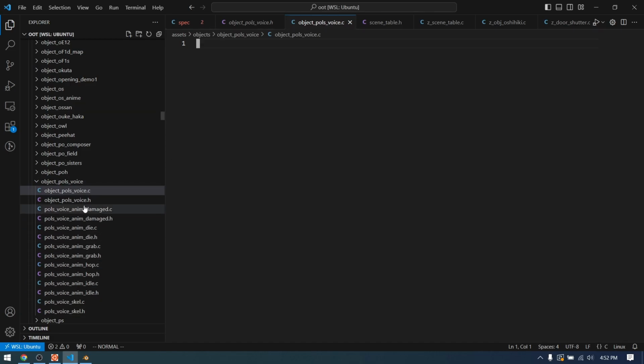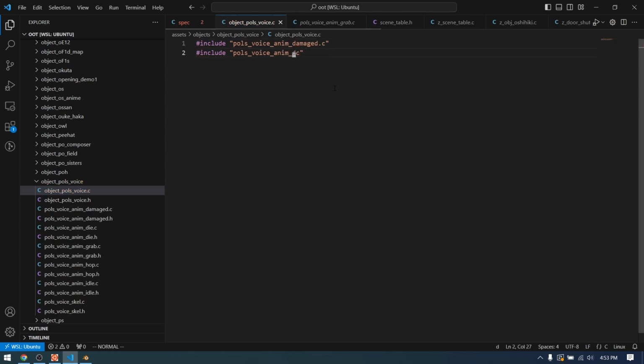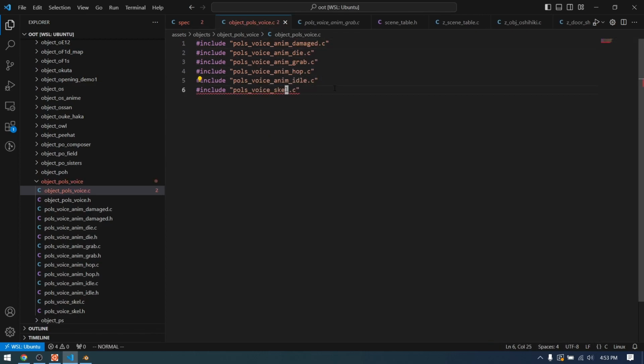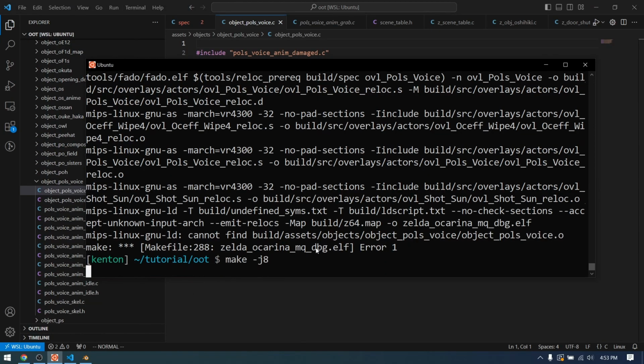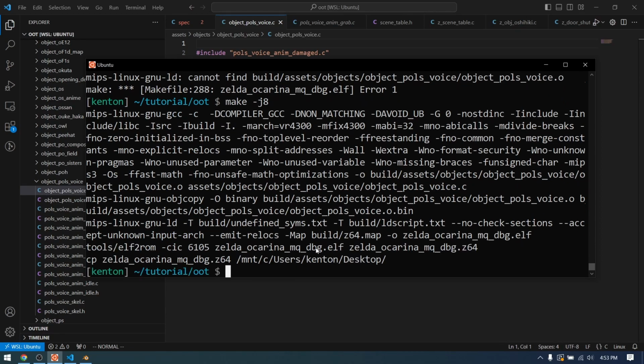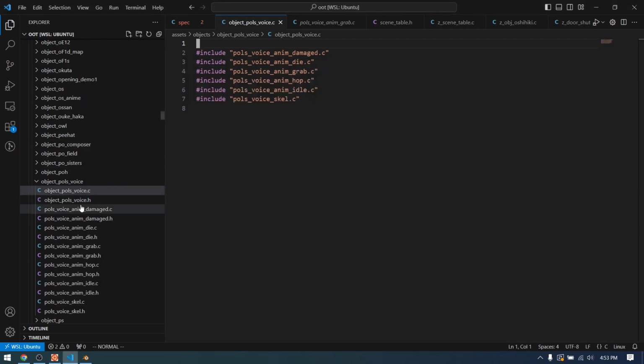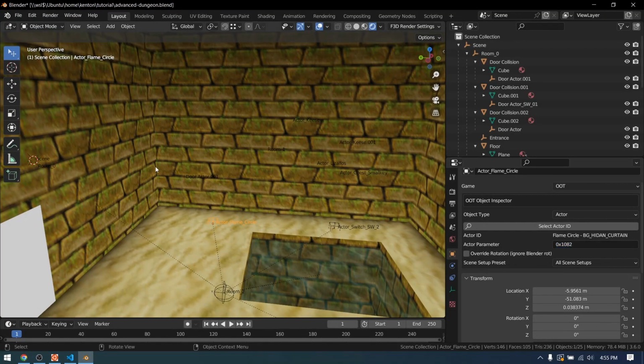And what I'm gonna do is include all of these other C files into this one, so I only have one entry in my spec file for this. Let me just write all these out, speed up the video through this part. Okay, that should be all of them, I believe. Let's try to rebuild. Perfect, no errors this time. So just a couple differences in how the HM Actor Pack organizes its objects and how I like to organize my objects. All right, now let's add this guy to our scene that we just created and check him out